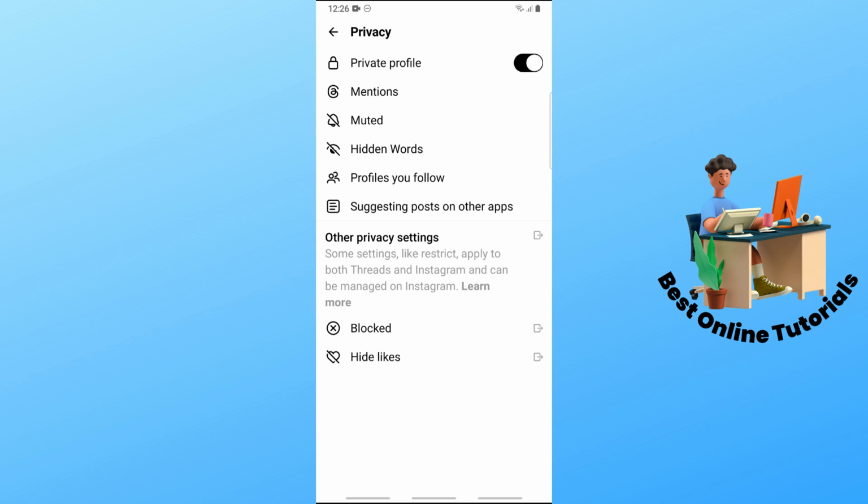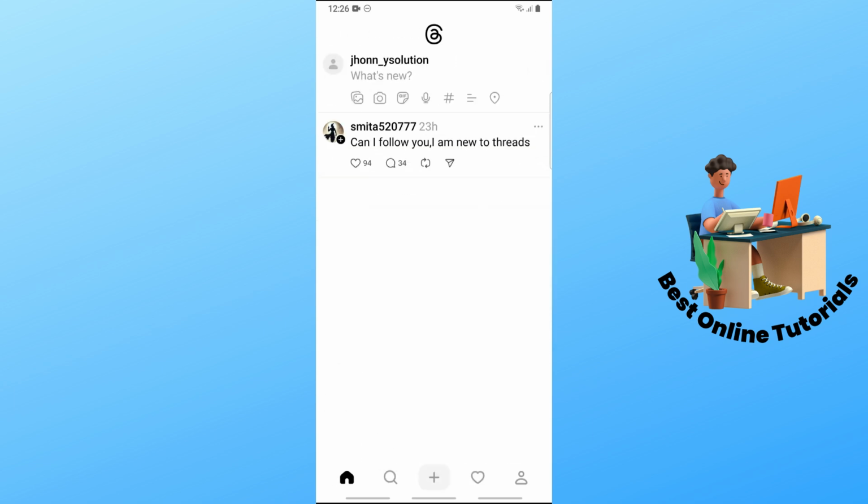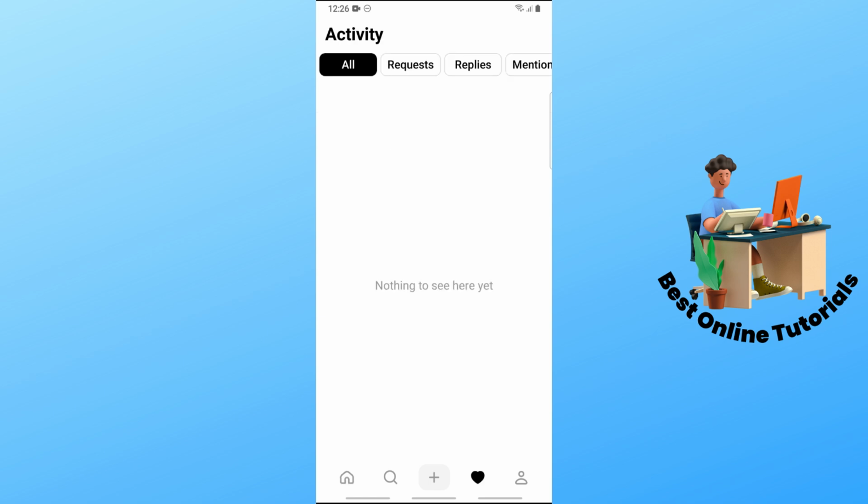And now when we go back to the home page, from here, just click on the heart icon and you should be able to see the request over here. And from here, guys, when people follow you, you should be able to see it over here and you should be able to choose which one to accept. So guys, remember that you have to accept them manually because as of today, Thread doesn't have an accept all follow